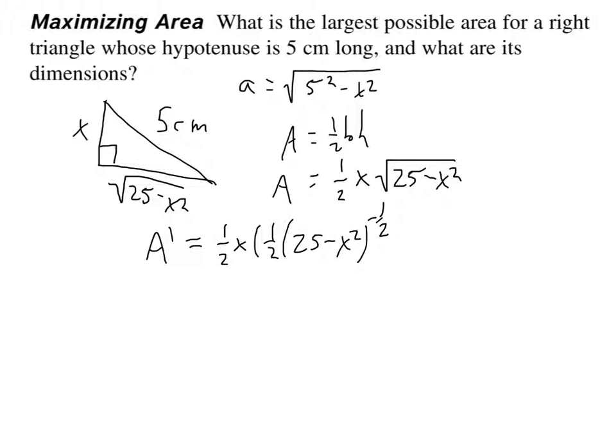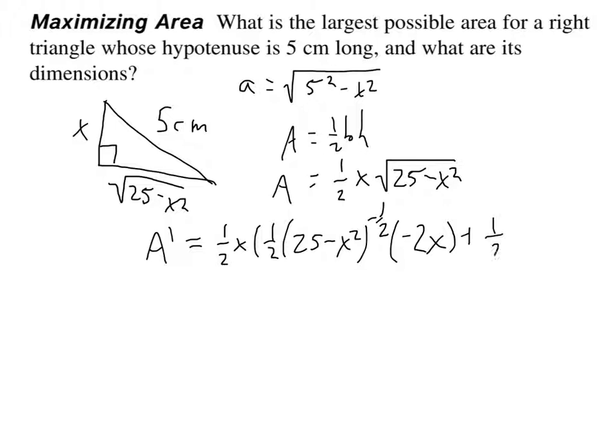Okay, so derivative of the outside, leave the inside alone, times derivative of the inside, which is negative 2x. Okay, so that's first times the derivative of the second plus second times the derivative of the first,